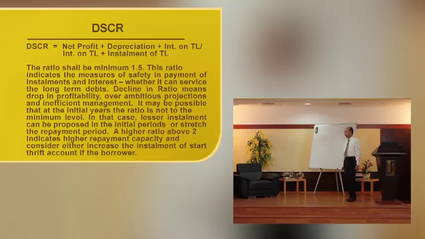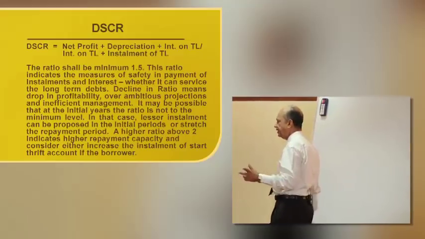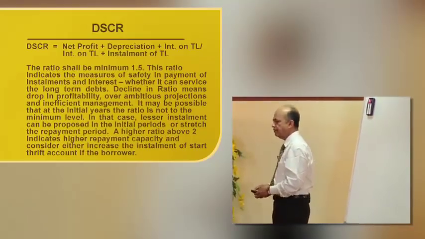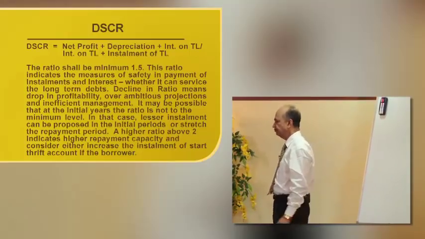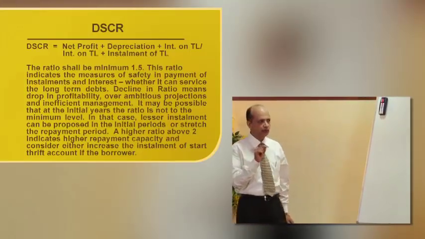The ideal ratio, so far as DSCR is concerned, is 1.5. That is, it indicates that its income generation is 1.5 times more than the required level. This ratio indicates the measure of safety in repayment of installments and interest as and when due. A decline in the ratio means